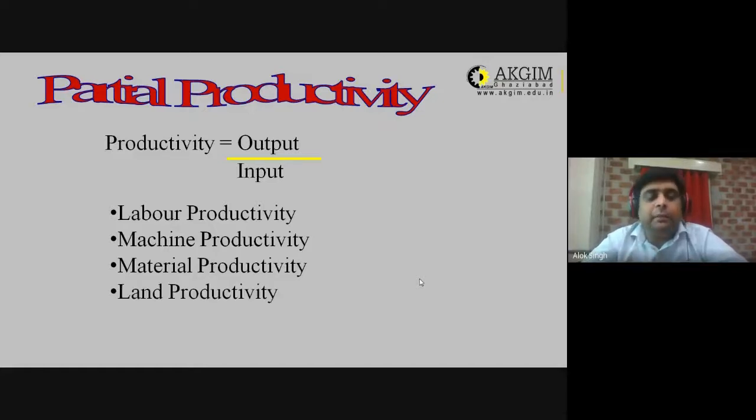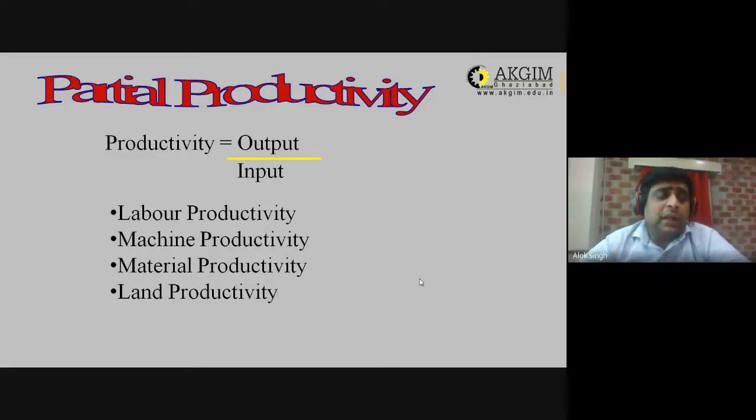Similarly, next is land productivity. What is land productivity? It is used in the agriculture sector. You will check how much yield you have generated from 1 acre of land in a particular year. Like in a particular year you have attained 3 ton from 1 acre. So what is productivity? 3 ton per acre. Next time you have attained 3.5 ton per acre, so that means there is an increase in land productivity. That is basically land productivity, and it is calculated in the agriculture sector. So that is partial productivity. Why partial? Because you are only looking at a certain dimension.